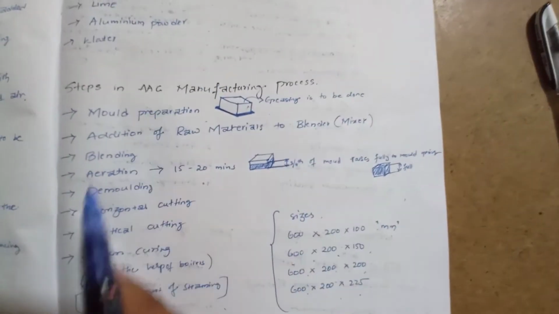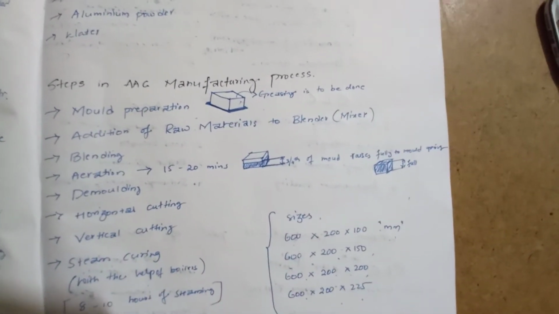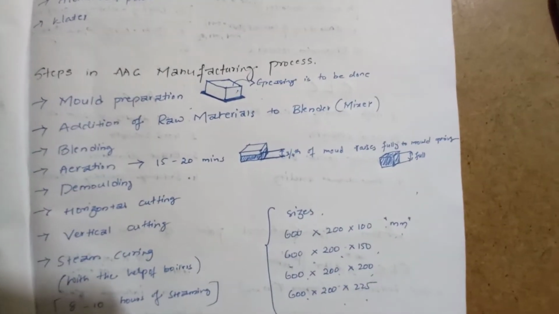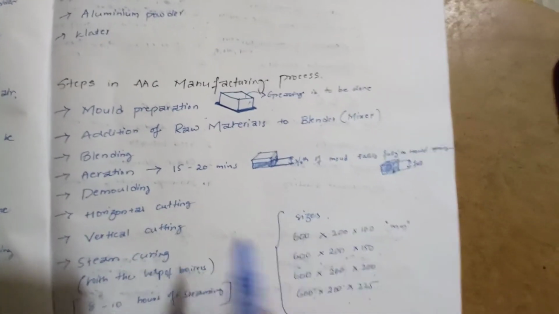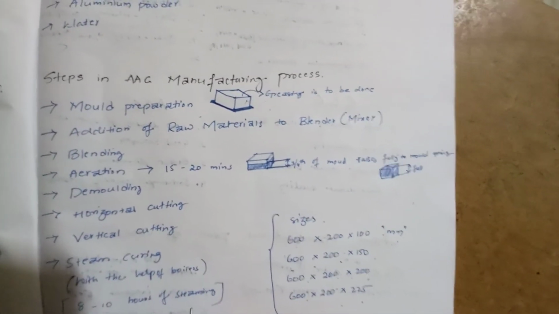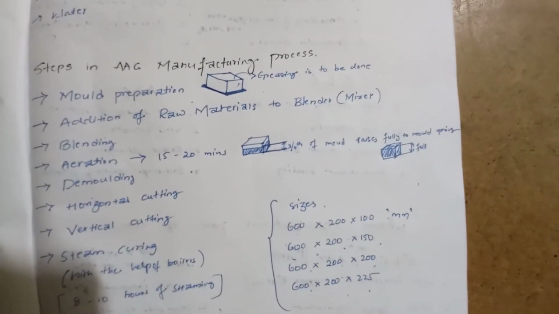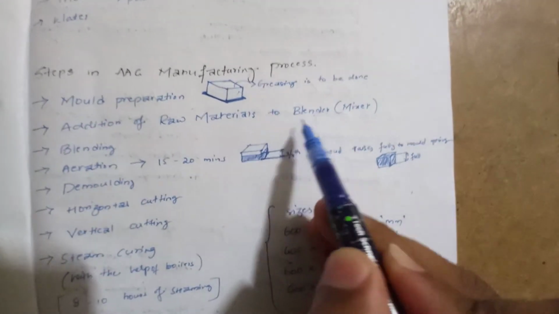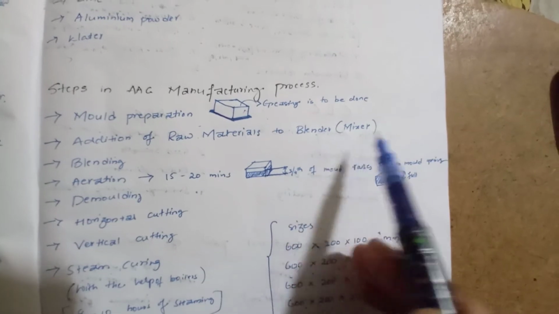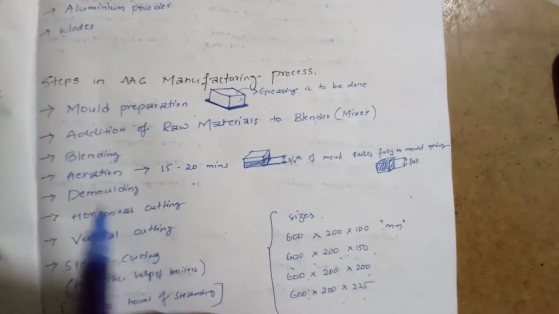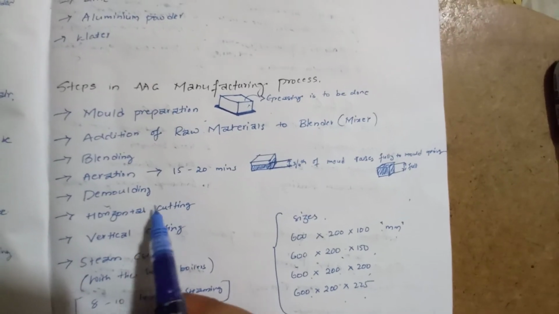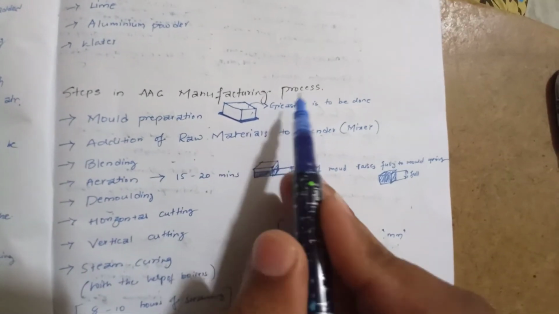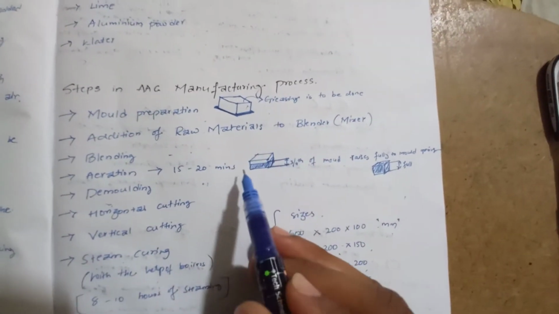See, the entire process till demolding will be the same as for CLC blocks. But what differs is that we will be using some updated machines. Similar to CLC blocks, we will be mixing the entire raw materials in the blender or the mixer. Further blending will be done. Then after this blending we will be pouring this entire mixture into the molds which we have prepared earlier, and it will be left for